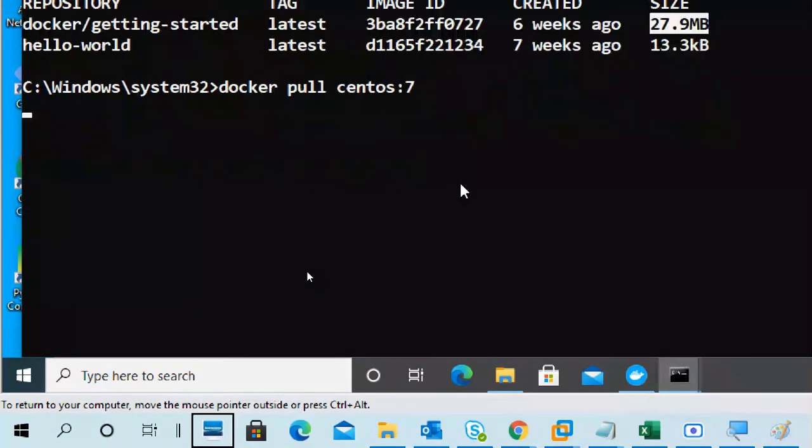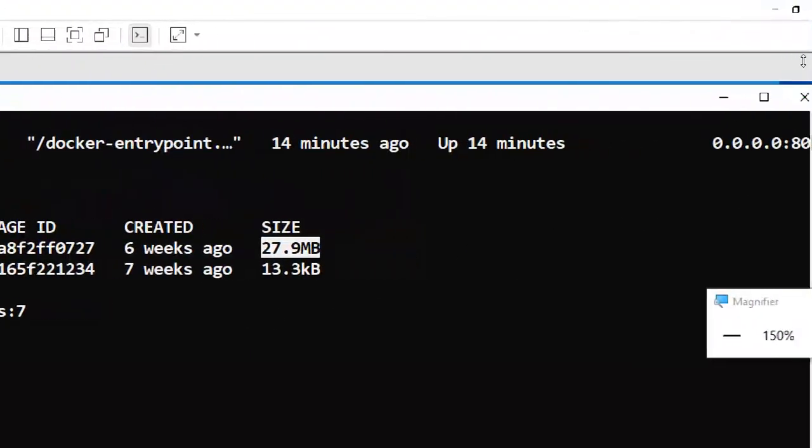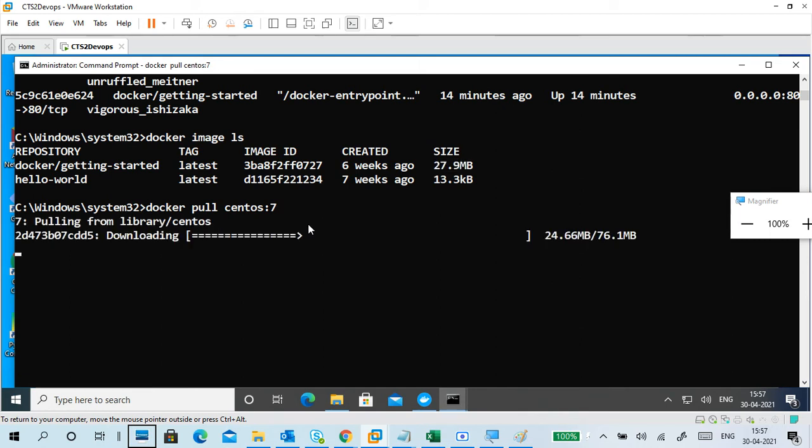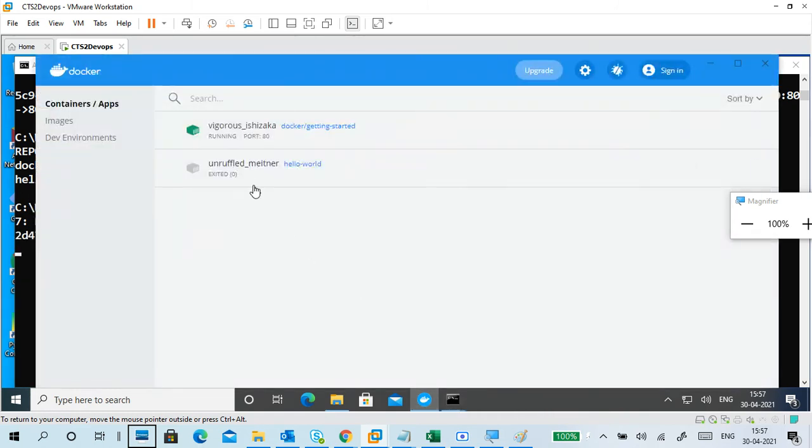If the image is smaller, no problem. If the image is very big, problem. So if you have very little RAM, 4 GB or less, and you want to practice Linux with multiple machines, then you can get it. Whenever I'm downloading an image, you can see here, hello world I downloaded, it is exited. This is running and this is exited. Now I'm downloading a new image, right?